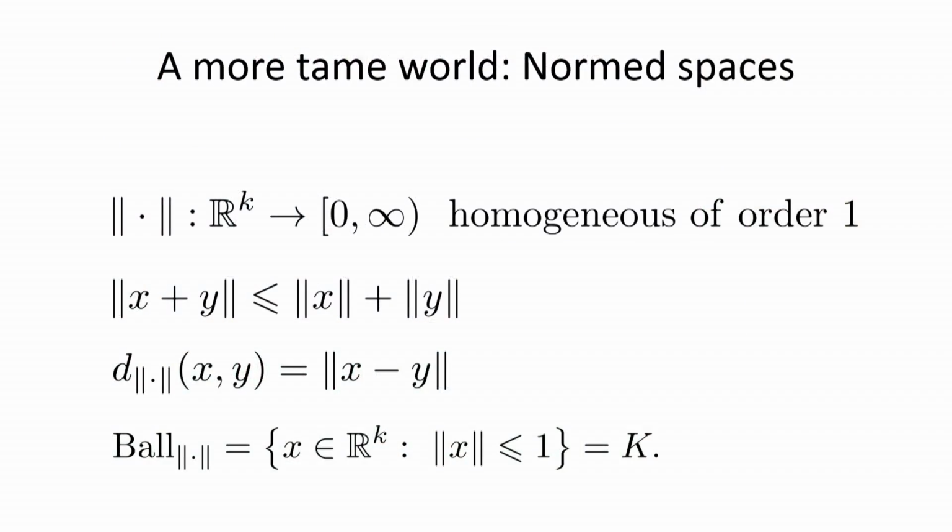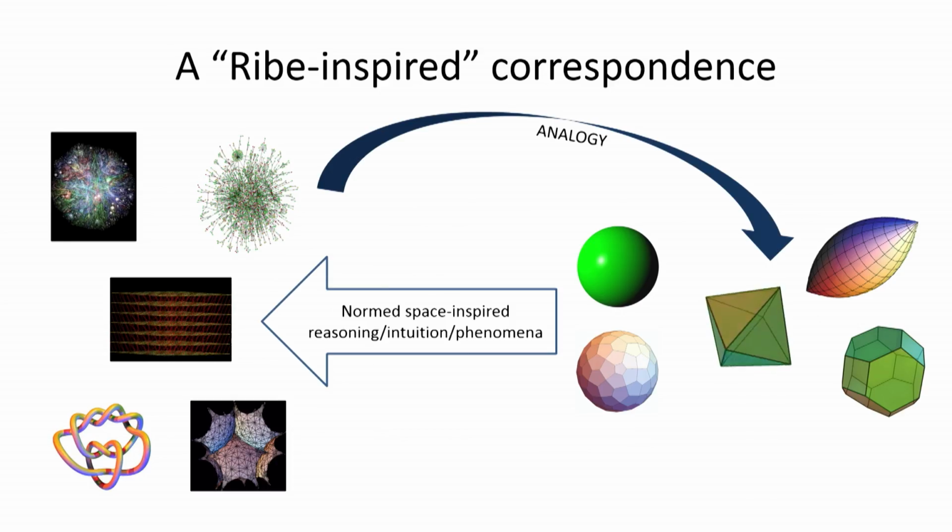And the third line is what's important. This induces a metric, and it's a nicer object. In particular, it's a vector space. And we will see that there are a lot of intuitions that come from thinking of this linear structure. And the correspondence, the last line, is that the unit ball of the norm is just the body. So this is a very quick standard fact about norms. Okay, so